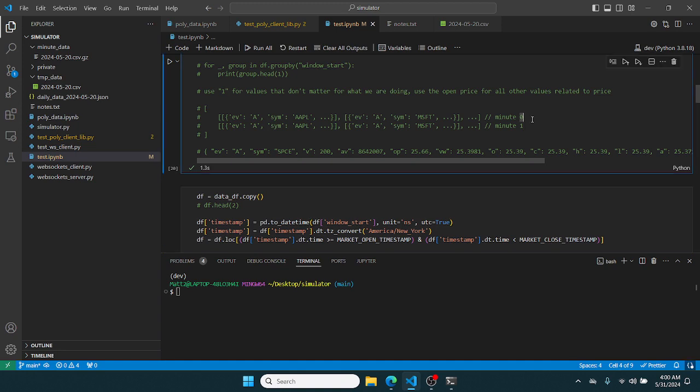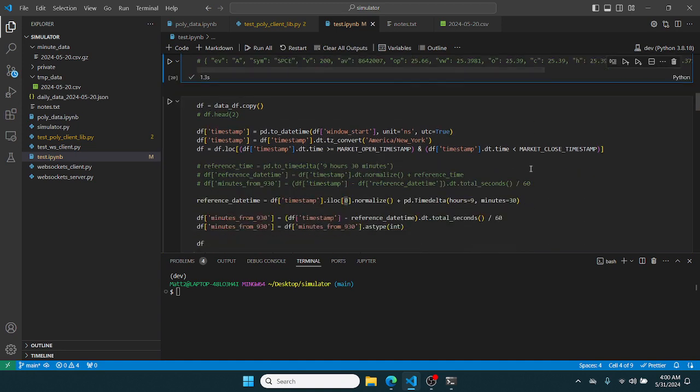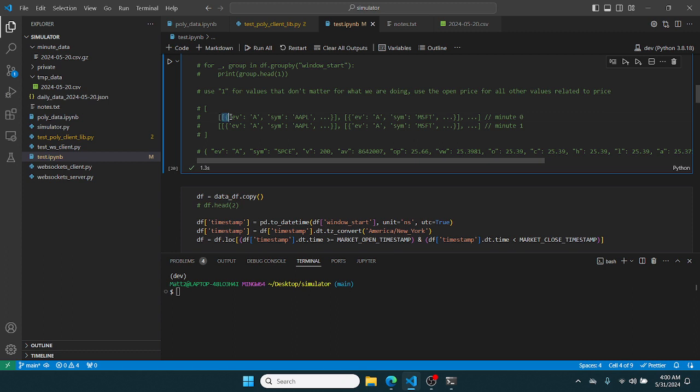I'll ignore that other thought. That's something I have to figure out later. Basically, I need to get 15-minute bars, but I don't think it's a big deal. I just need to do resampling or something. I'll figure it out. But so group by minute, and then